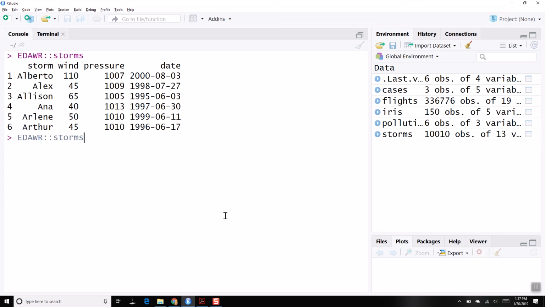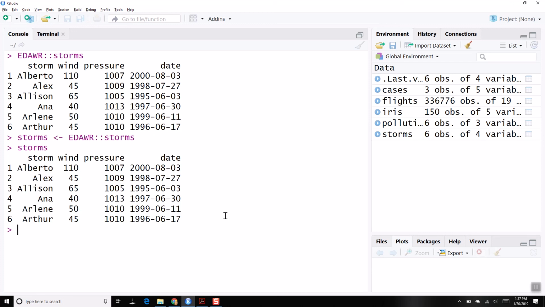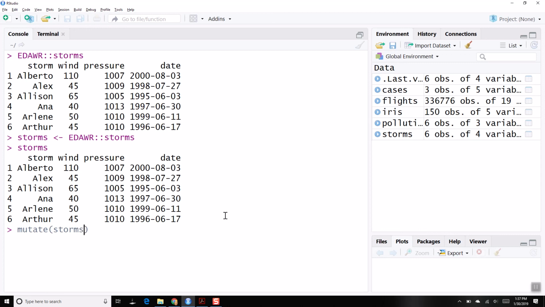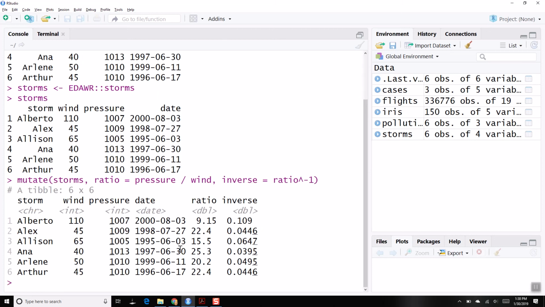Okay, this is the one I want. So if I take this, let me just store this as storms. Okay, so here's storms. If I do something like mutate storms, and we're going to say ratio is equal to pressure divided by wind, and inverse is equal to ratio to the -1, okay? It does this, all right, but you'll notice